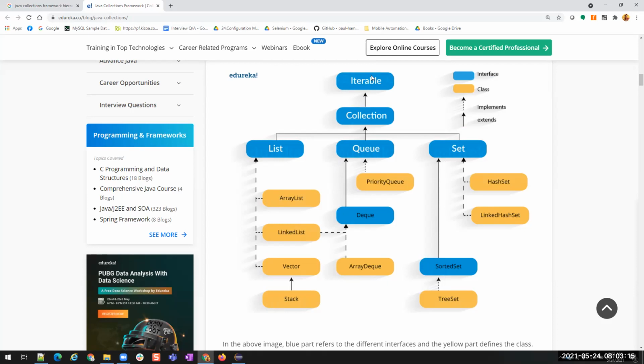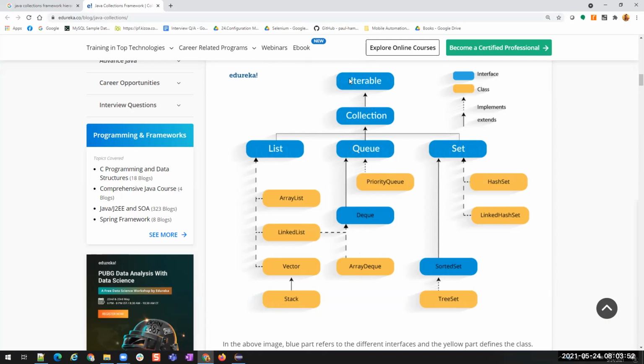Like if you buy a textbook, after the preface, you will have an index page where you will have the chapter name and the page number, right? In a similar way, these iterable, collection, list, queue, and set, whatever is defined as an interface, these interfaces will have only the index. These act as an index. So whatever you mention in the index, that should be implemented. Okay. So these are all index classes or interfaces. So this is the hierarchy. You should remember this hierarchy, or you should know this hierarchy so that you can work on it.